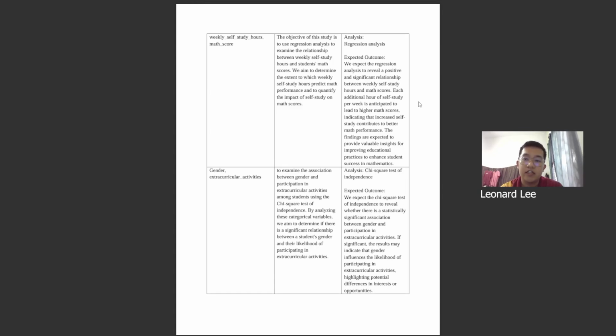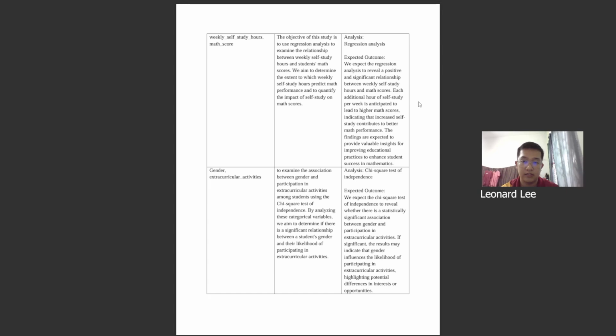For our regression analysis, we use weekly self-study hours and math score as our variables. The objective of this study is to use regression analysis to examine the relationship between weekly self-study hours and student math score. We aim to determine the extent to which weekly self-study hours predict math performance and to quantify the impact of